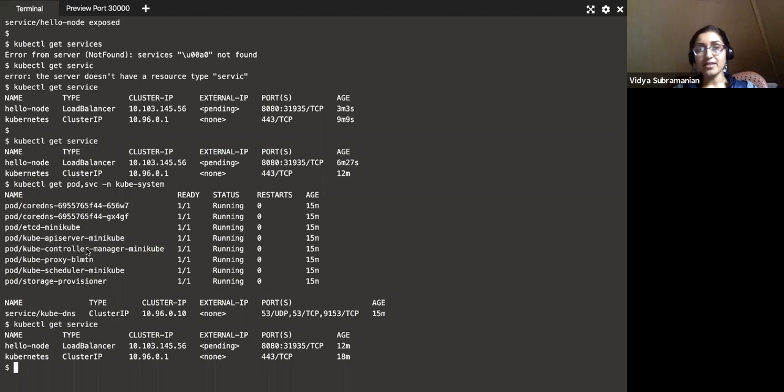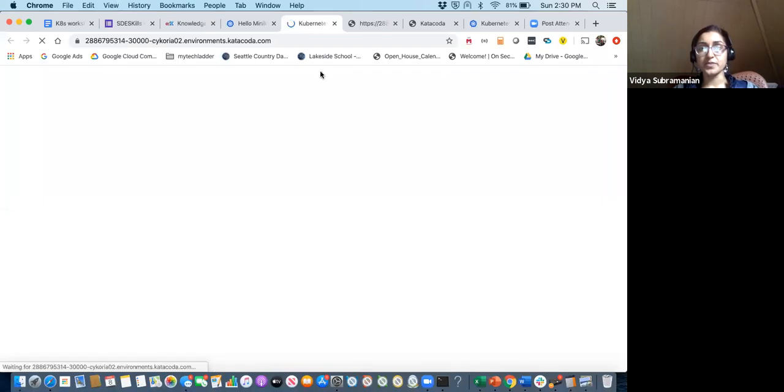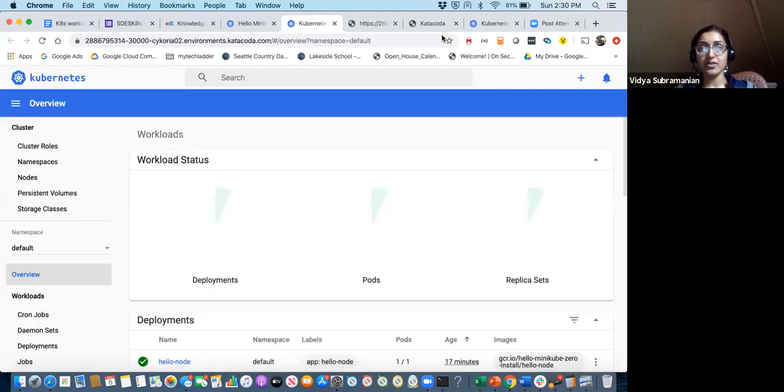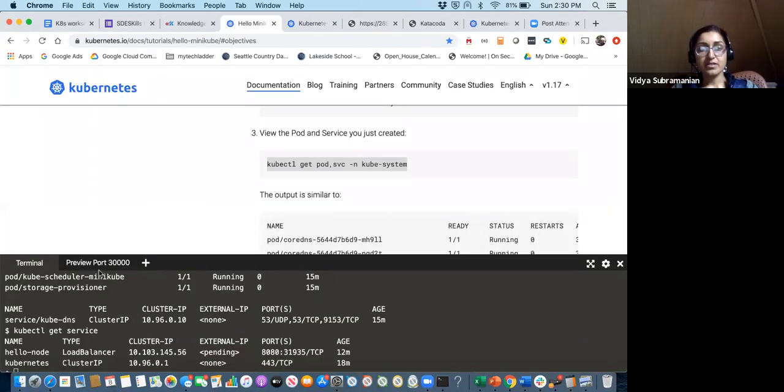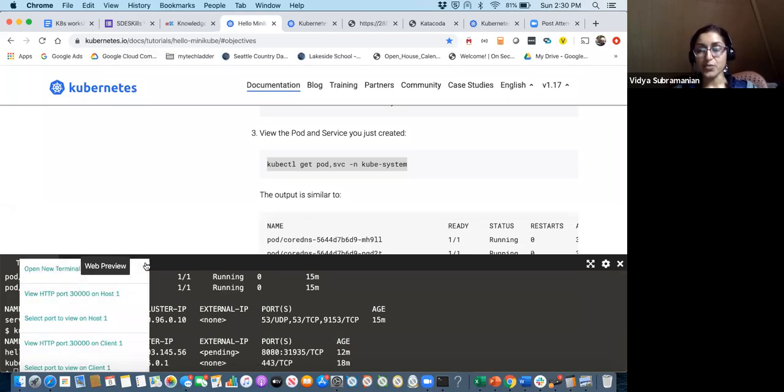Once you have that number, you want to view, oops, you're not viewing that, wrong link. You want to click the web preview. That's what it's allowing.